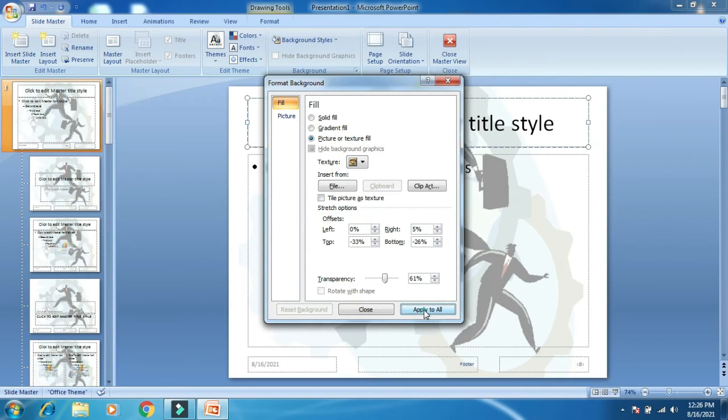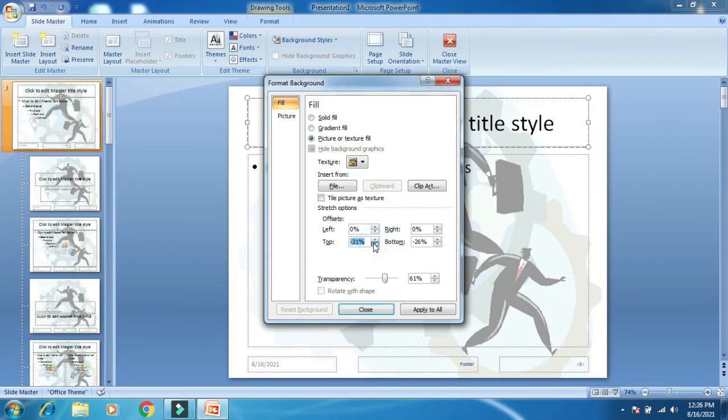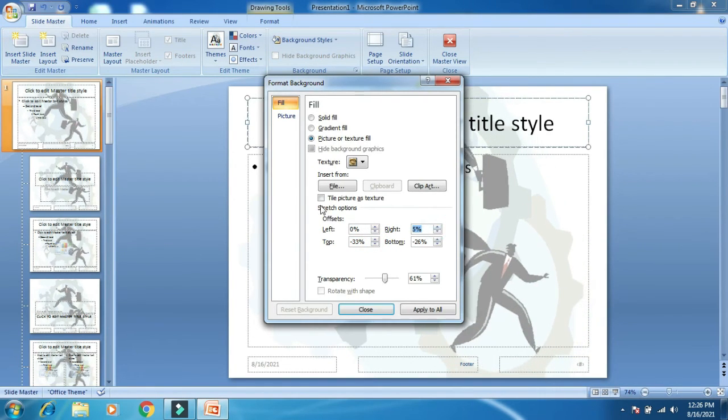If you want to change the background color, you can apply the background color. See, when you click on Background, Format Background, you can see the various types of backgrounds: solid fill, gradient fill, picture and texture. Different types of texture you can find here.